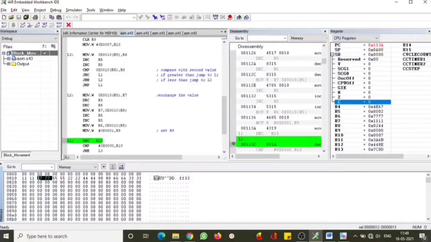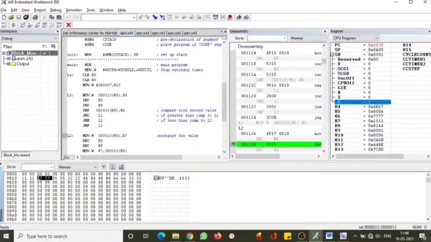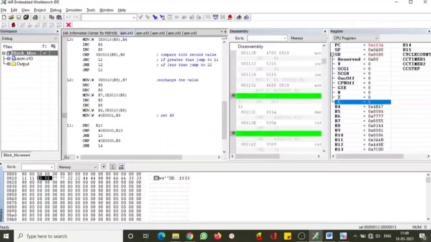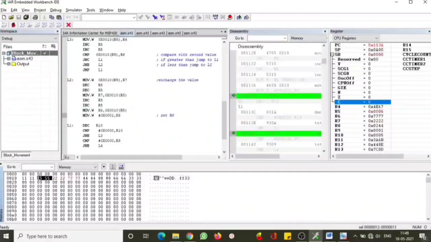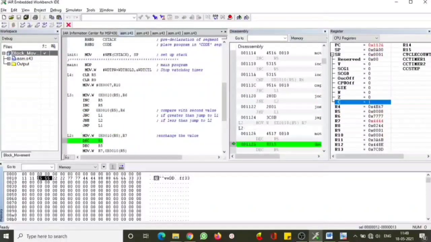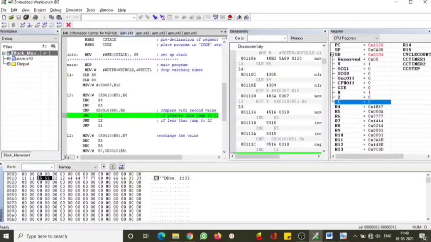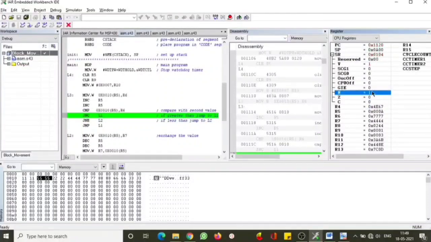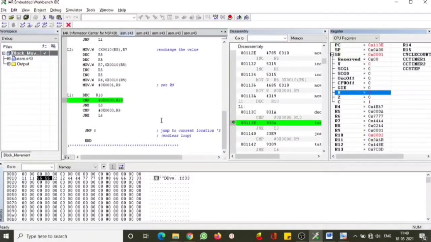I'm just repeating it again. Since it is compared again, it will find the same. 5555 is lower, therefore it will exchange the value and 77 comes down. Again it checks the same, 2222 is lower, so it exchanges. Similarly, 4444 is lower, so it exchanges that. Again it will check, but now 8888 is the maximum, therefore you will see that C is triggered to 0 and N has been triggered to 1. Therefore it will jump to L1, where it will decrement R10 by itself. That means one check has been completed.